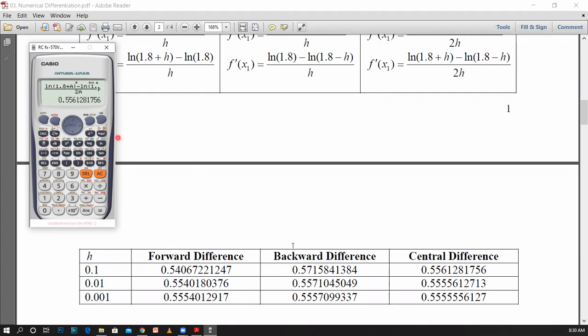And if you redo this calculation using h equals 0.01 and h equals 0.001, you can see the answers in the calculator also. Now we will set h equals 0.001. Then you can see the answer is now